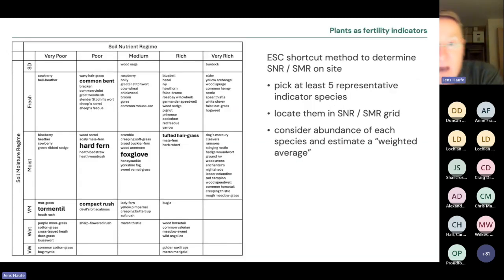Indicator plants, there are 100 of them. They are sorted pretty much into the same grid. So we have, again, soil nutrient regime across the top. You notice carbonate fertility class is missing here, and soil moisture regime is on the left. Moderately dry and very dry are missing here simply because they are too poor for plant growth. And there are two ways that ESC can determine the soil nutrient or moisture regime on site. The recommendation is that at least 5 representative species are used. I've highlighted